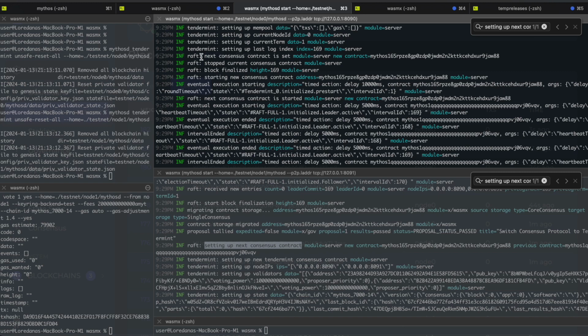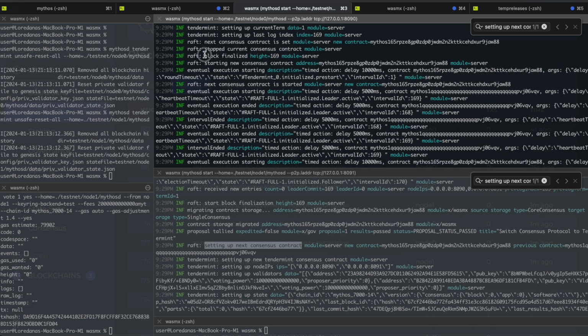So now the next consensus contract has been set, and we are stopping the current consensus contract.